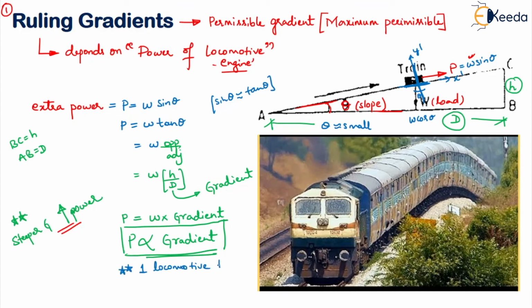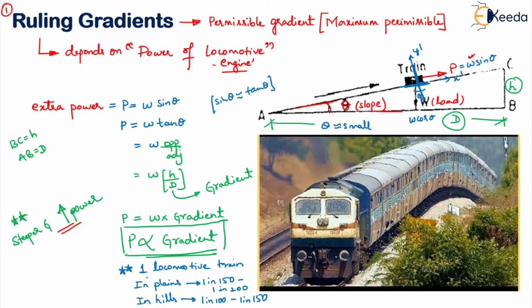Okay, so this is majorly I'm writing for one locomotive train, or one engine train, what you can say. In plains or plain lands, it is 1 in 150 to 1 in 200. Right, in hilly areas, I'll write hills, it is 1 in 100 to 1 in 150. This is what is the ruling gradient. Maximum you can give this much.